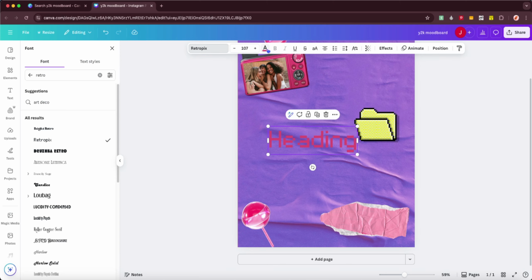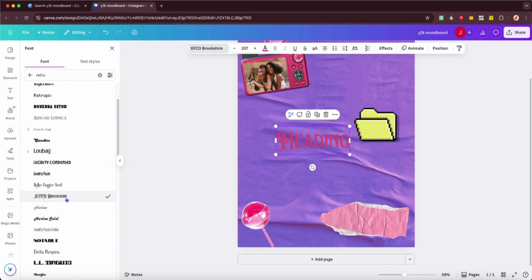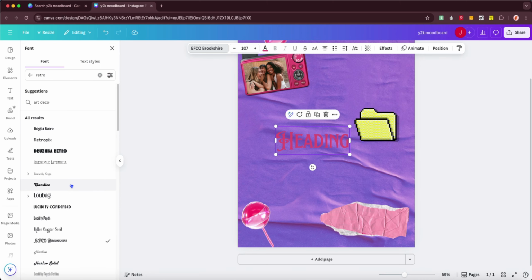And similar to that, some fonts will let you do bold and italic and some won't, right? So for example, if I click on this one, again, also no bold and italic, and you can just go through there. Well, this is just a pro feature, right? So if you don't have pro Canva, just make sure that you have everything, because sometimes it'll be behind that pro paywall, but you can just go through there and see what kind of font